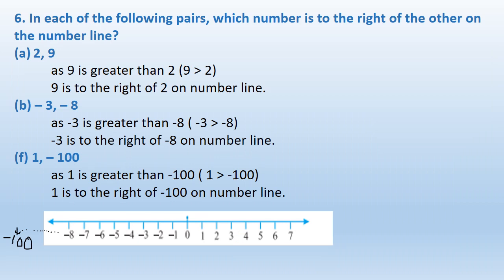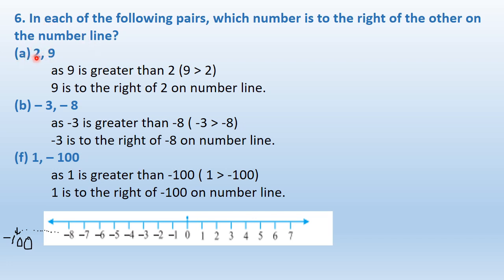Question number 6. In each of the following pairs, which number is to the right of the other on the number line? Means which number is on the right side of the other number. Means from these two numbers we have to decide and tell which number out of these two is to the right hand side of the other number. Okay,